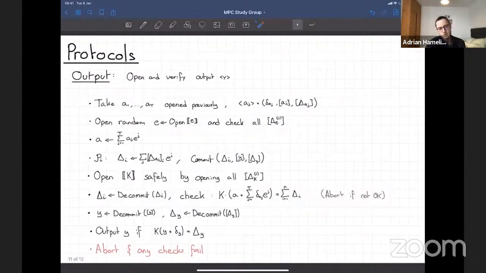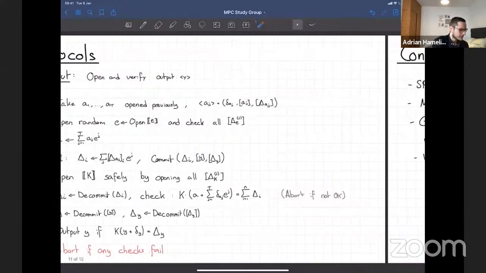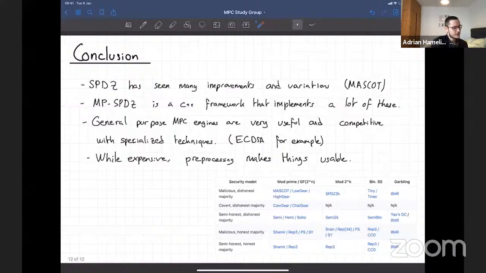The details are explained in the paper, especially the instantiation with the homomorphic encryption step. There's actually this really nice framework called SPDZ, which implements a lot of these protocols.